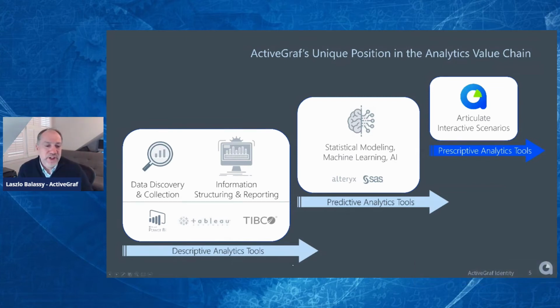And so you have the value chain here, the descriptive tools, the traditional things like Tableau and Power BI, etc. TIBCO, I wouldn't call traditional, but these are the kind of unidirectional visualization tools that allow you to very elegantly look at a lot of data and assume, look at what it means. Then we have the statistical modeling, machine learning AI bits that we, in this example, used Python, but you can use things like Alteryx, SAS, and so forth. Once you have deduced what that means and created, either through regressions or whatever you're using, the predictive algo, you can then articulate that and manipulate that live with ActiveGraf.